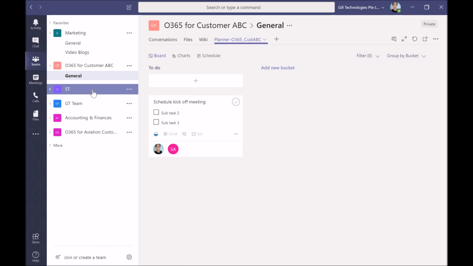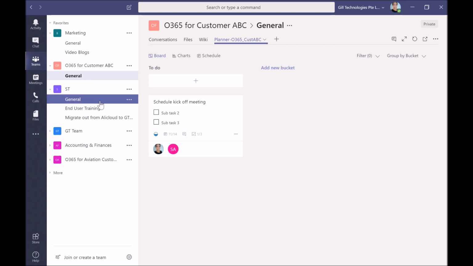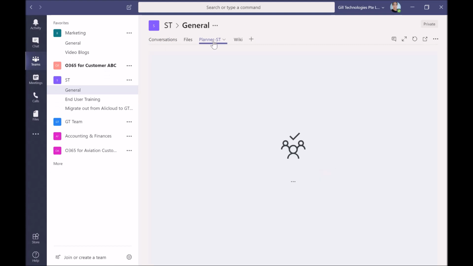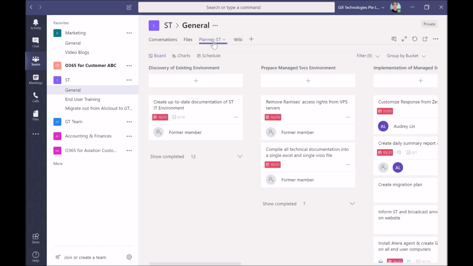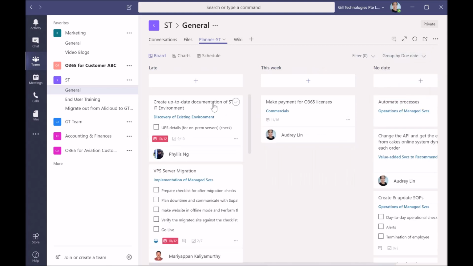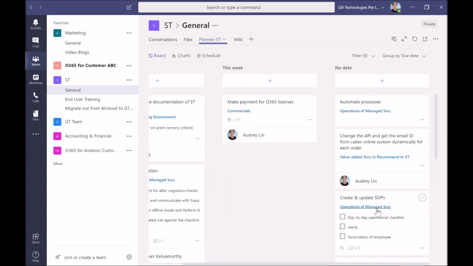So for us, I'm going to show you an active planner that we are using for this customer called ST. So when we have our weekly project meetings, our weekly project team syncs on this project, we would open up this planner view during our project meeting, and we would run through the task one by one in the meeting, and everybody would be in sync on exactly where we are with the project. So you can also filter by due dates. So we would know at one glance where are we late with this project, what tasks are late, what tasks are going to be next, and which tasks have no dates yet assigned. Some tasks are things that you know you need to KIV, so we just throw it into Planner,